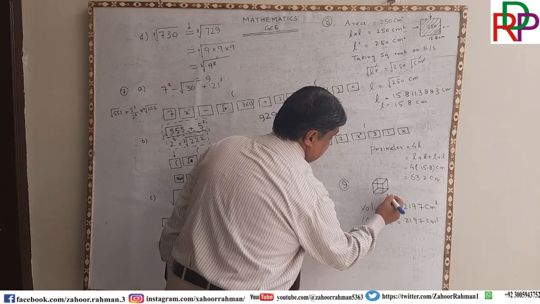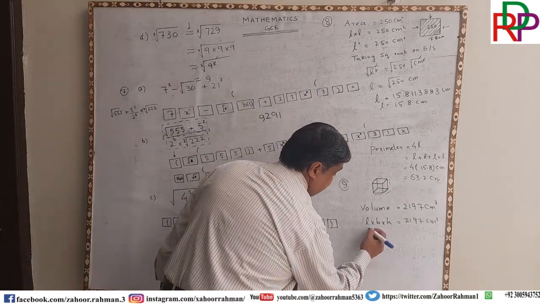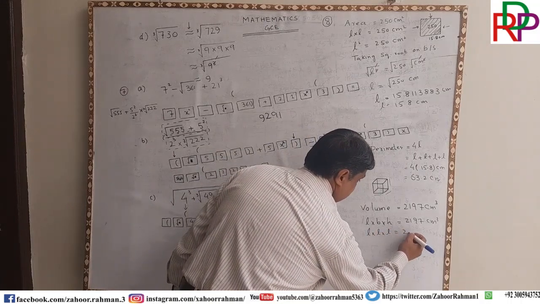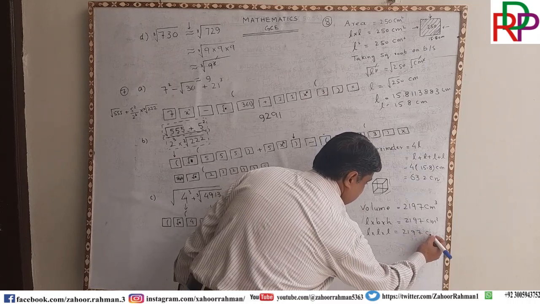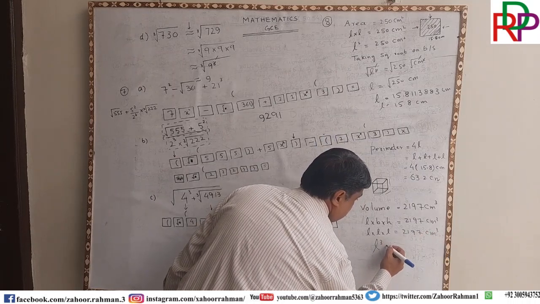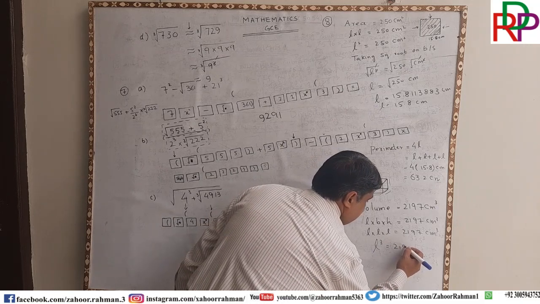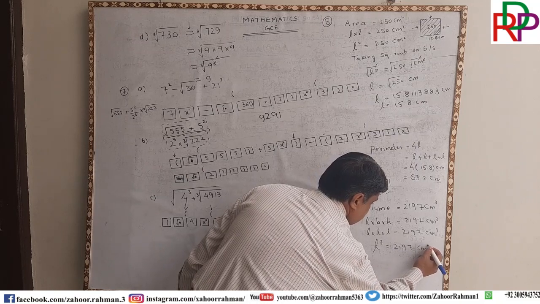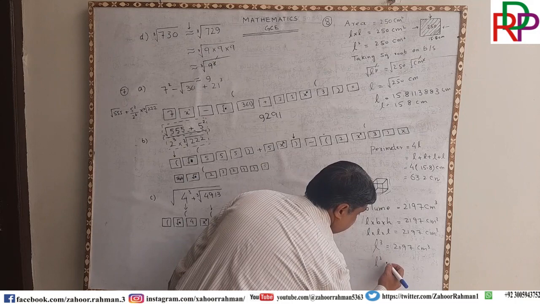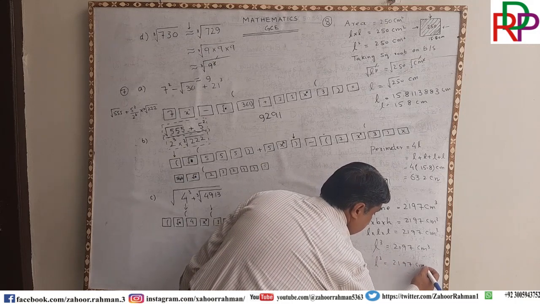Because length, breadth and height are equal, we can take L cross L cross L is equal to 2197 centimeter cube, which is L cube is equal to 2197 centimeter cube. Taking cubic root on both sides,